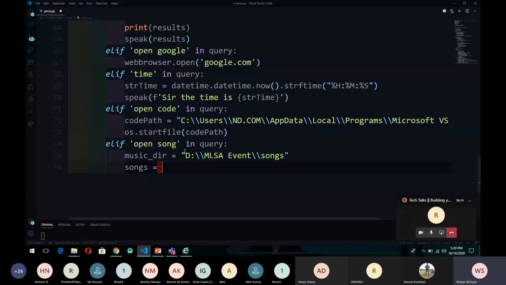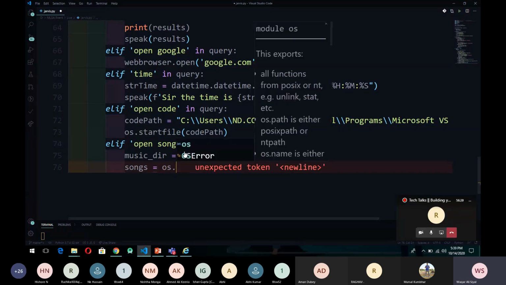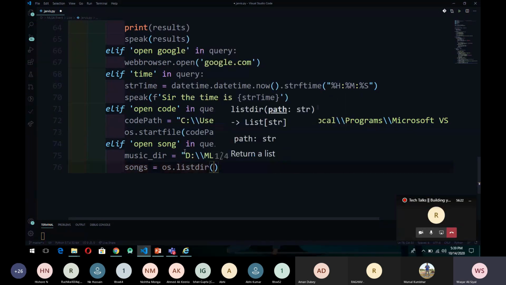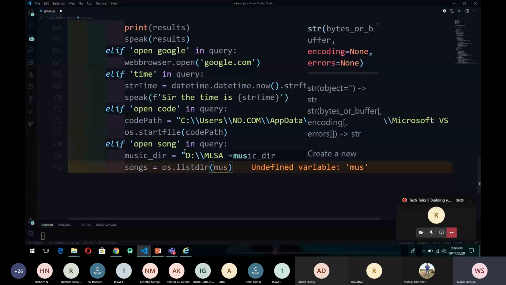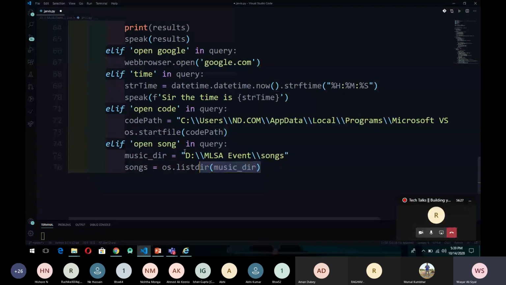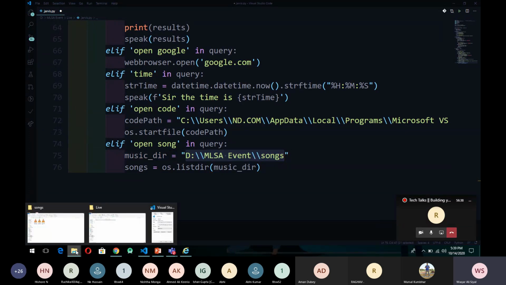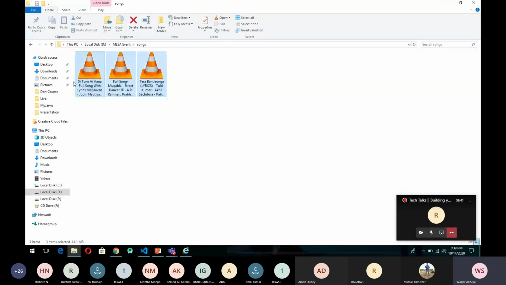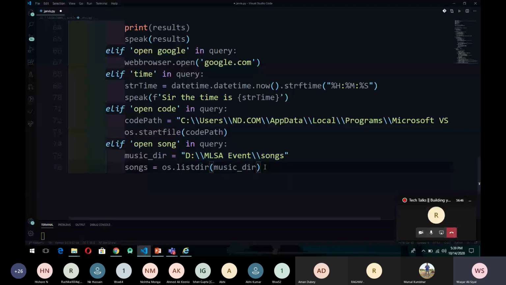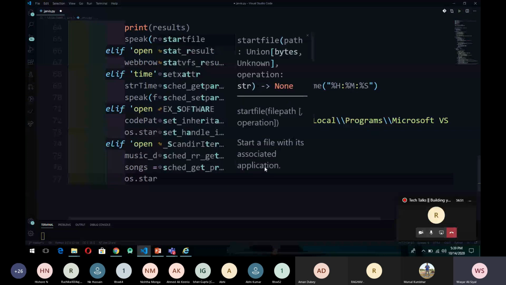Now the list of files inside that directory. You can use os.listdir and you can pass this big dir here. This method listdir returns the list of files which is inside that directory. So we have 3 files here and it will return the 3 files. Now we want to start the file, so we will call the start file method